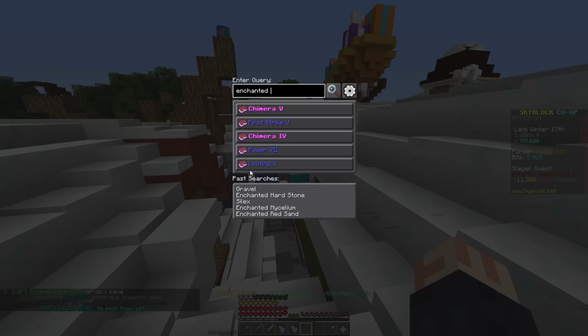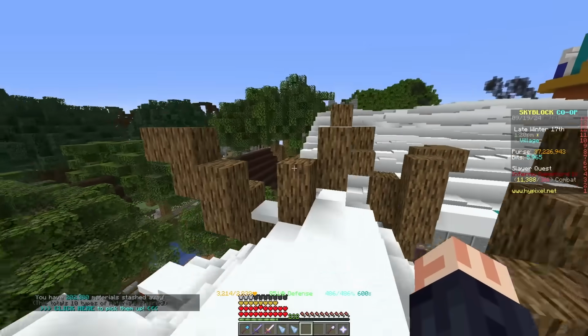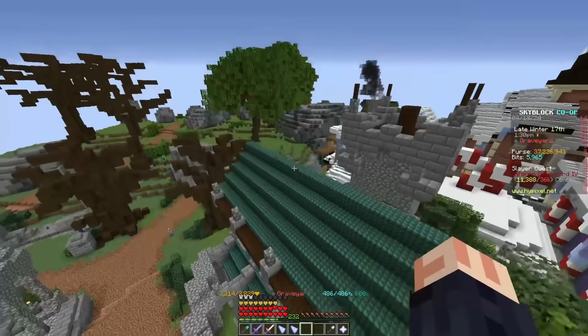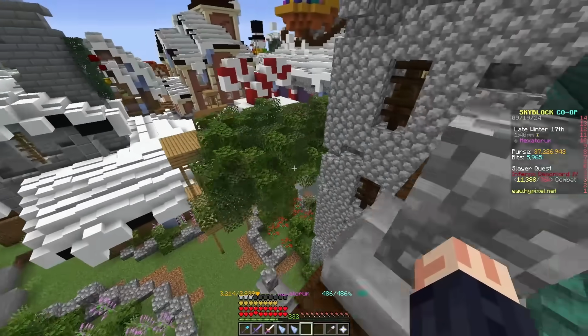For example, people were talking about enchanted flint being a decent money-making method. The price is pretty similar to how it was pre-update, and you're able to utilize the flint shovel and go into the Spider's Den and make a lot of money per hour doing stuff like that. Generally, there are a lot of money-making methods right now, but what I think is interesting about this is that